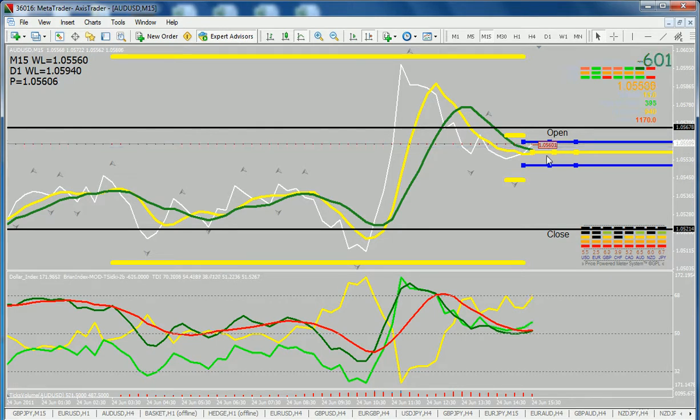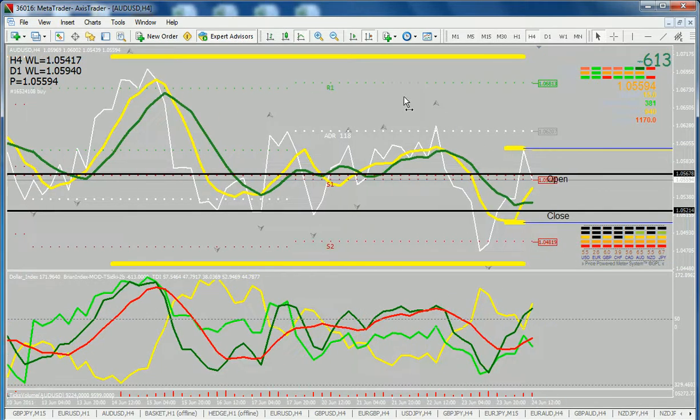There is your inside bias, there is your 15-minute trading range, and here is your longer term frame in the 4-hour frame. So depending on the time frame that you are trading in,